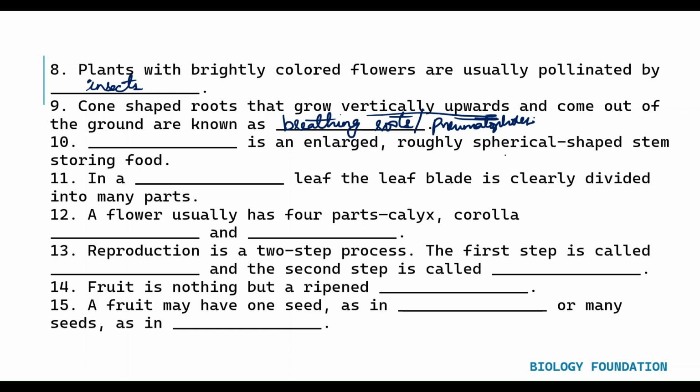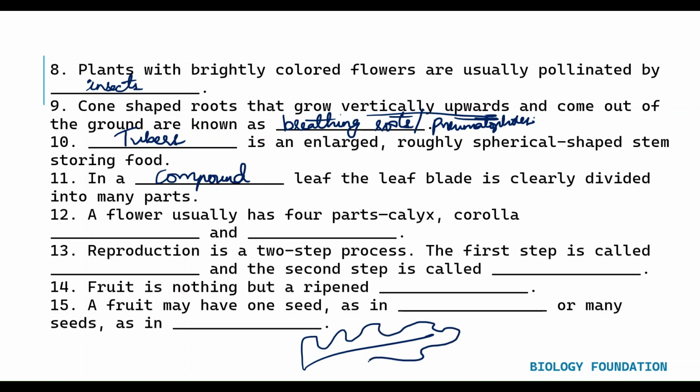Dash is an enlarged, roughly spherical shaped stem storing food. This we have already discussed. I'm sorry, maybe the question repeated. Tubers. Okay. In a dash leaf, the leaf blade is clearly divided into many parts in a compound leaf. Just now we have discussed, right? Where the leaf margin touches the midrib and divides the leaf blade into, if you see, if the margin is like this without touching the midrib, then this is called simple leaf only, because the leaf blade is only one,